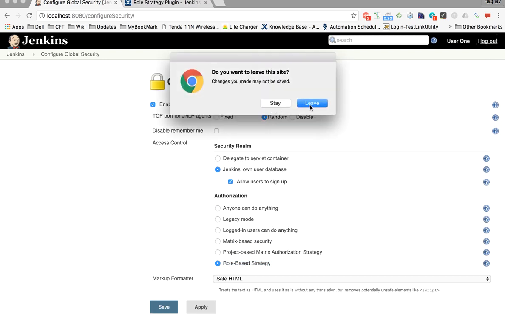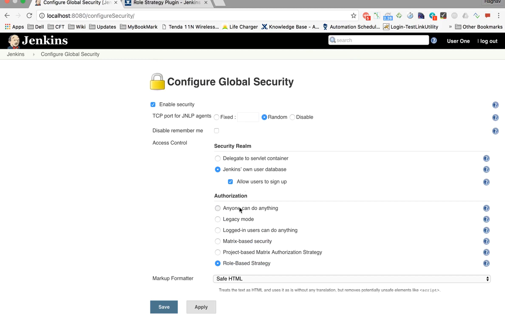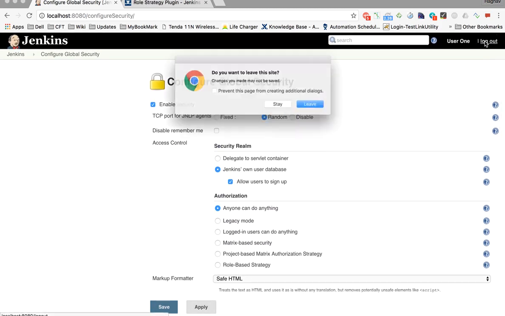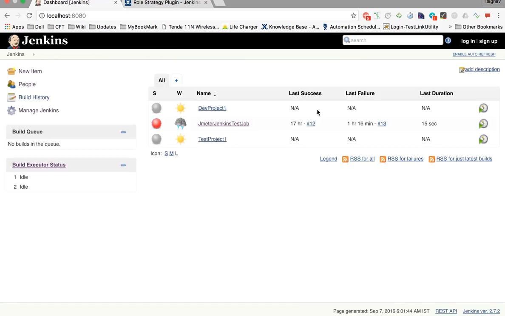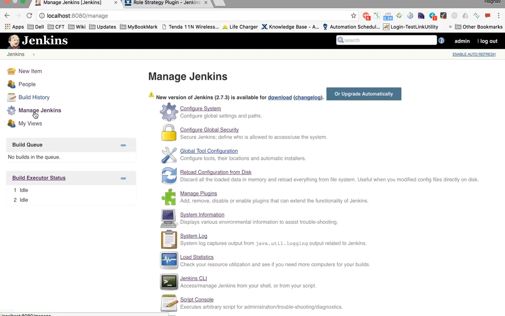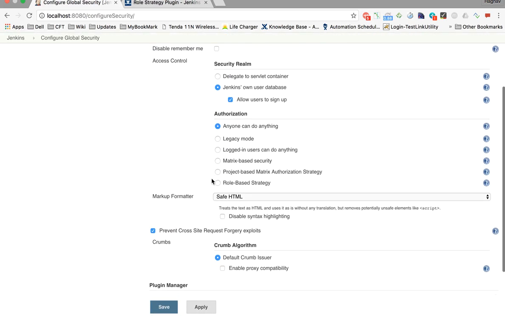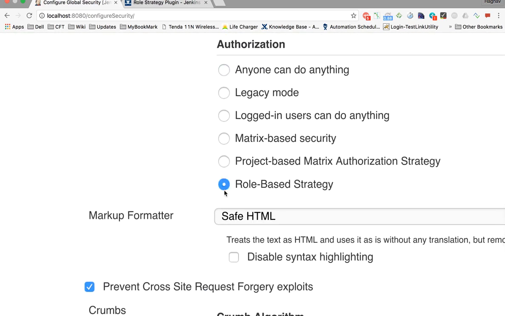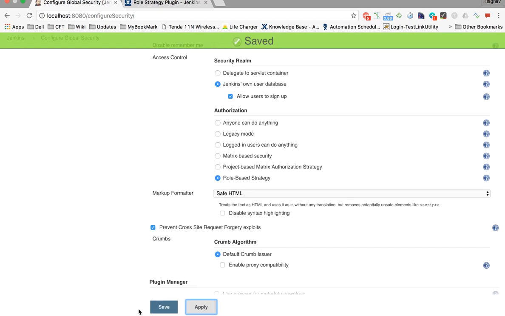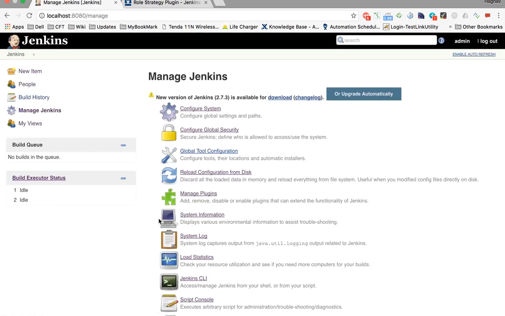So I will just put it back. I will log out and I will log in as an admin because I want to make all the changes as an admin. Now I'm going to manage Jenkins. I'm going to configure global security, and now I will select this role based strategy and apply and save.